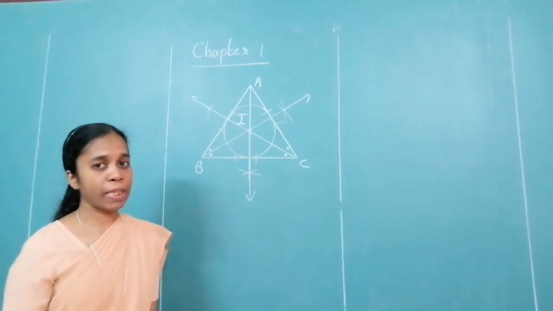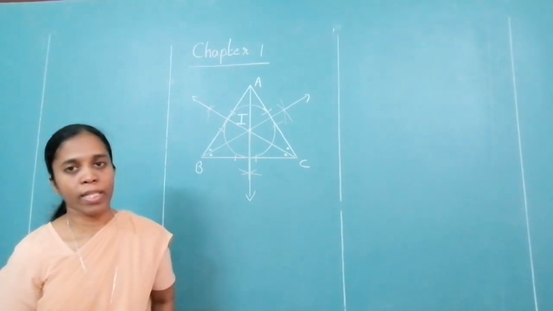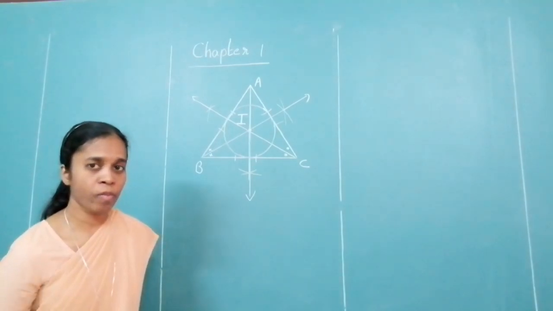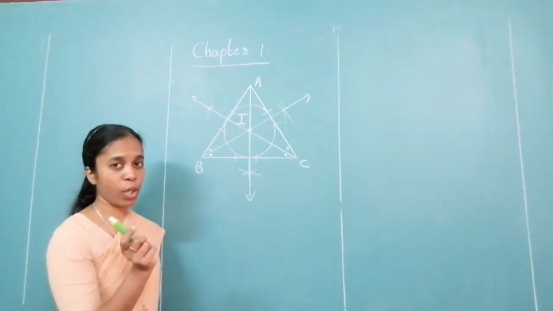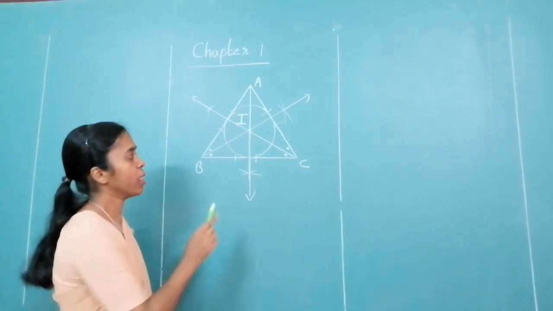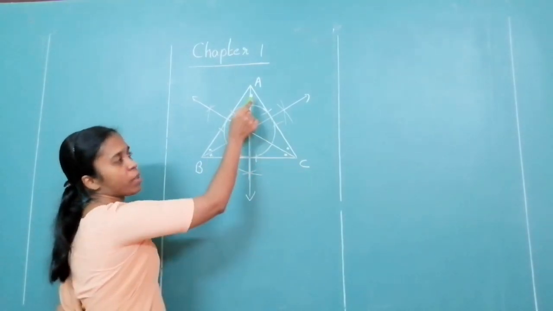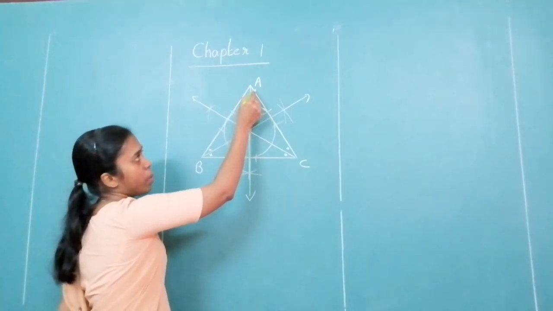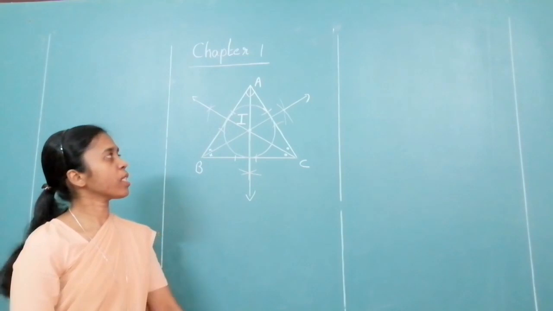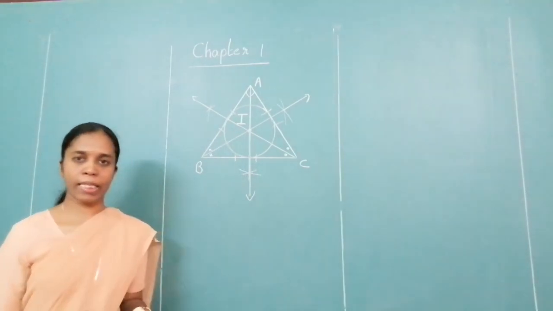Okay. There is something missing in the diagram. Can someone point out to me what is missing in the diagram? I had told you, whenever you are drawing an angle bisector, you have to mark the congruent angles. I had marked here, but I had not done over here. So I am marking it over here. This side is equal to this side. Okay. So this is an incircle and this is an incenter.